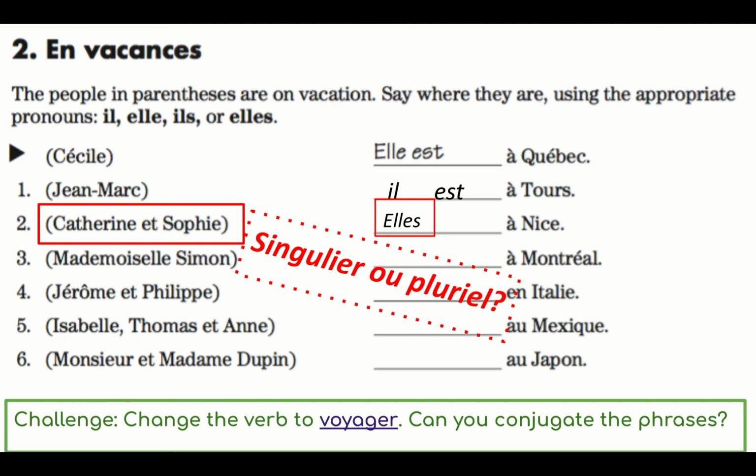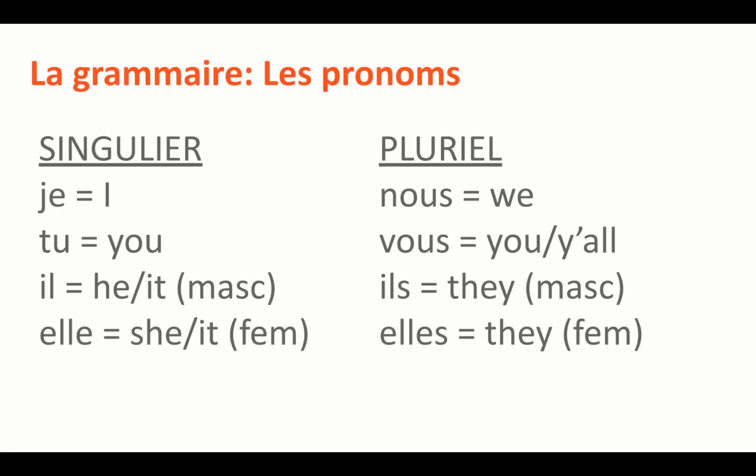So then go back to your notes. How do you say they are in Nice? Would it be elle est à Nice? No, it would be elles sont à Nice. Regarde la différence. Elles sont, plural, they are. Elle est, she is, singular, okay? So pay close attention to that. Look really closely at these subjects because that's going to determine this side. So to review that, you should have these pronouns in your notes. Okay, so take a look at this. You should have these in your notes. I did put them in the module again, or you can pause this and write them down.